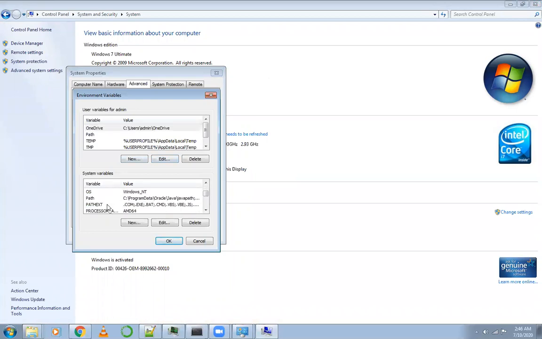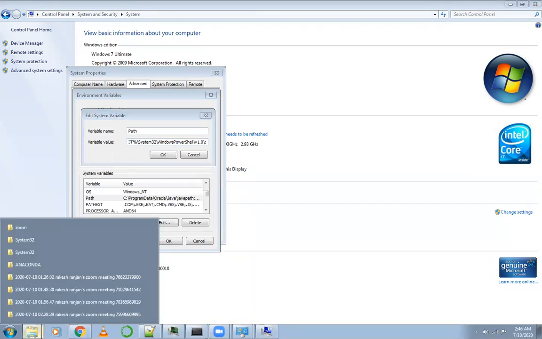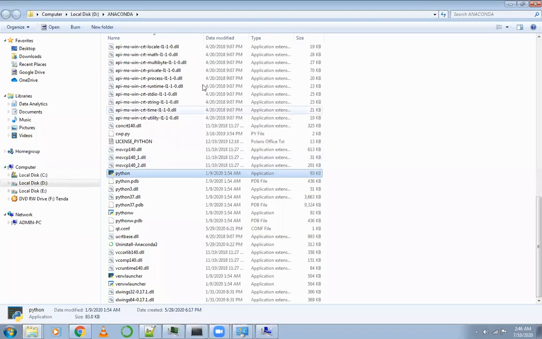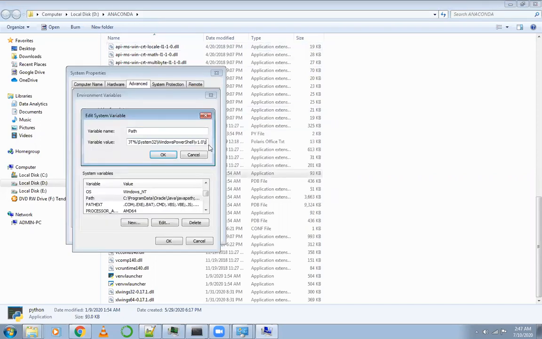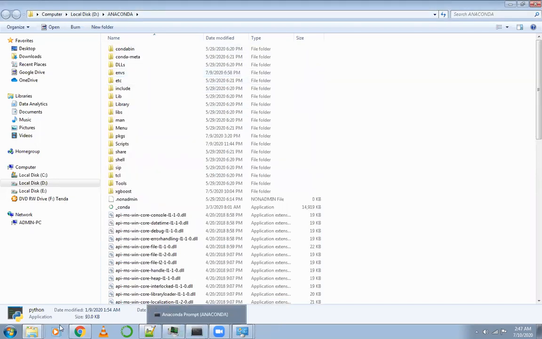Once we have clicked on environment variable, we have to select path, then click on edit, and towards the end we have to add path of respective directory where Python application is available. We have added it successfully.